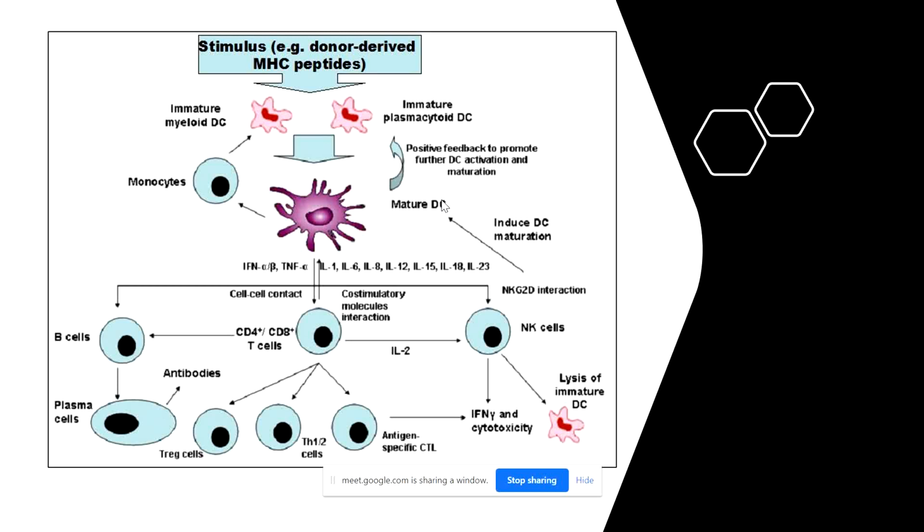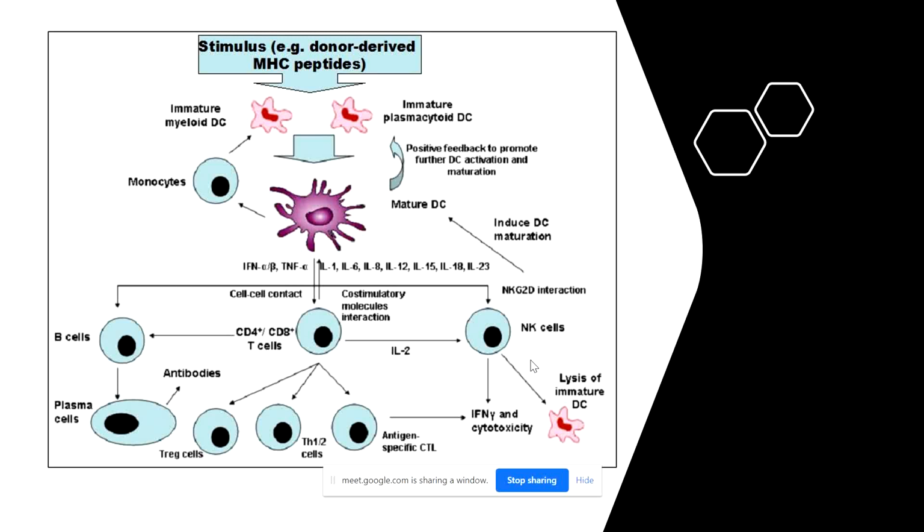Now what happens, precursor dendritic cells, arising from bone marrow progenitor cells, enter the tissues as immature dendritic cells with superior phagocytic capabilities. As they enter, they encounter foreign antigens such as donor antigens during transplantation. They also come into contact with bacteria and tumor antigens, resulting in the secretion of different cytokines, for example IFN, and activation of natural killer cells, mentioned here as NK cells, as well as macrophages and eosinophils.